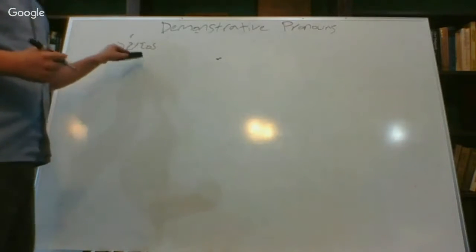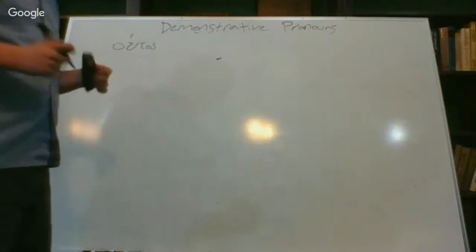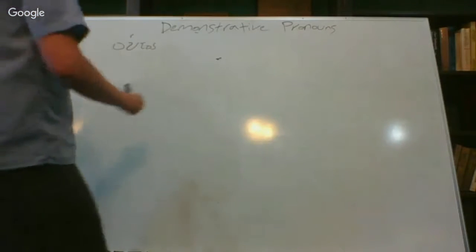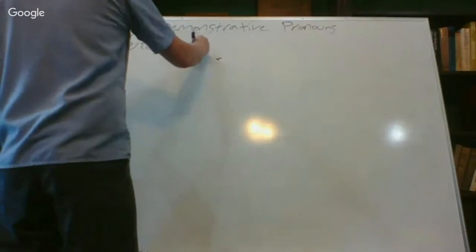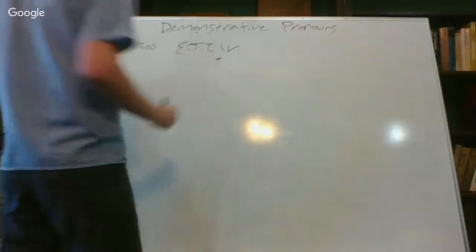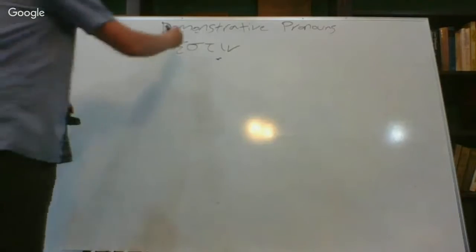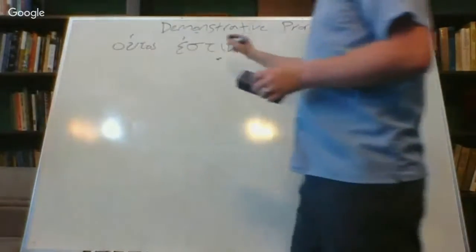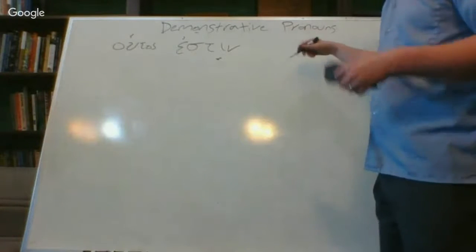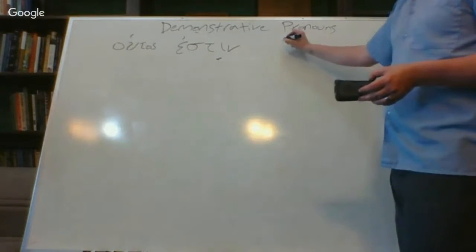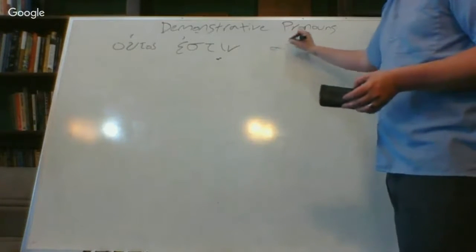So houtos can function as a pronoun, or when it does function as a pronoun, it modifies no nouns. So it'd be very common to find something like this. Houtos estin. This is he, or this one is, this man is,